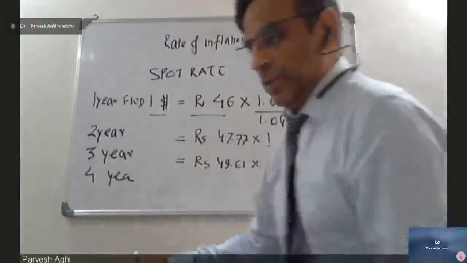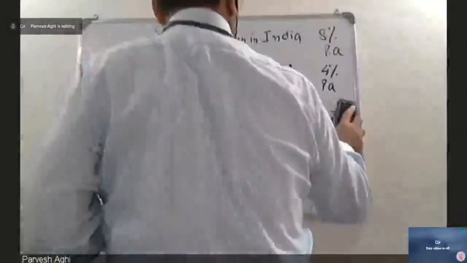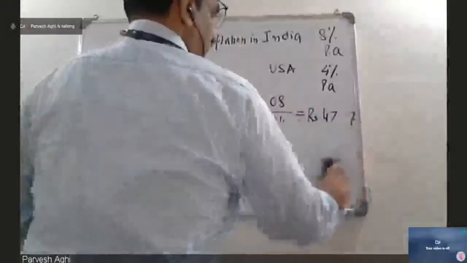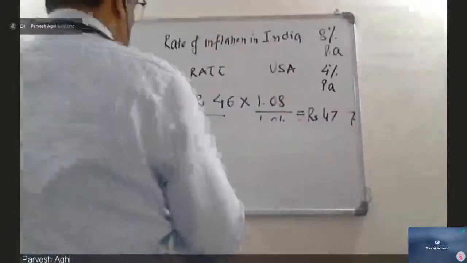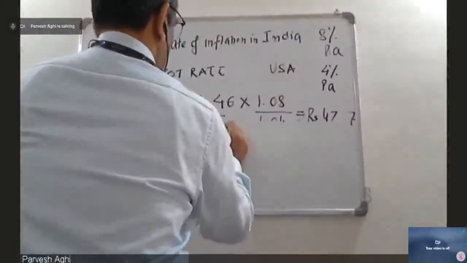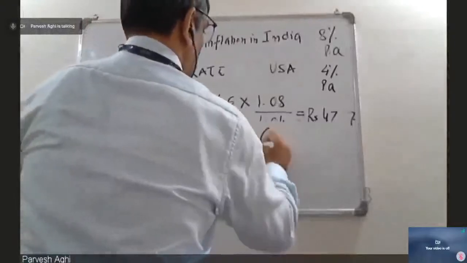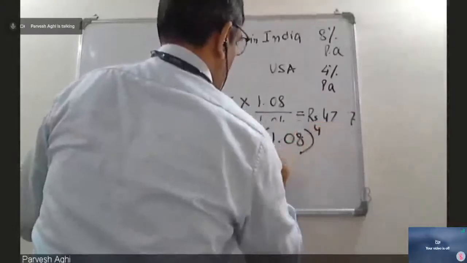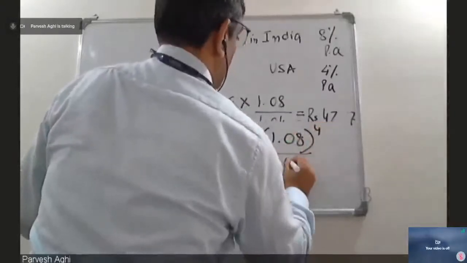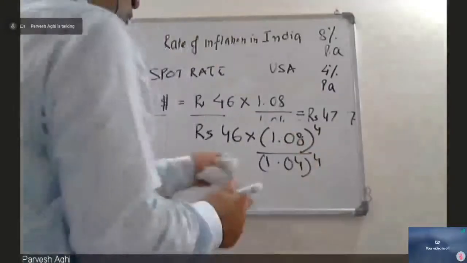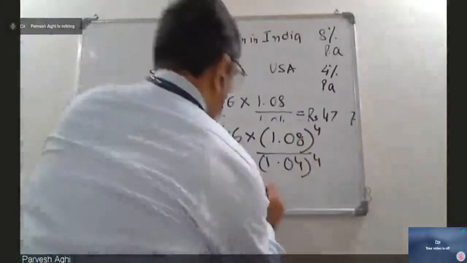We can also use this instead of calculating like this. The 4th year rate we can also calculate like this. Rupees 46 into 1.08 raised to 4 divided by 1.04 raised to 4. So the 4th year, if you solve this, you will get 53 rupees